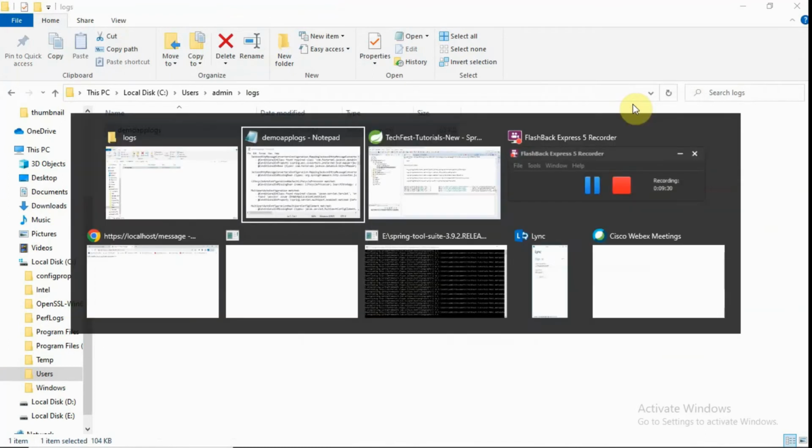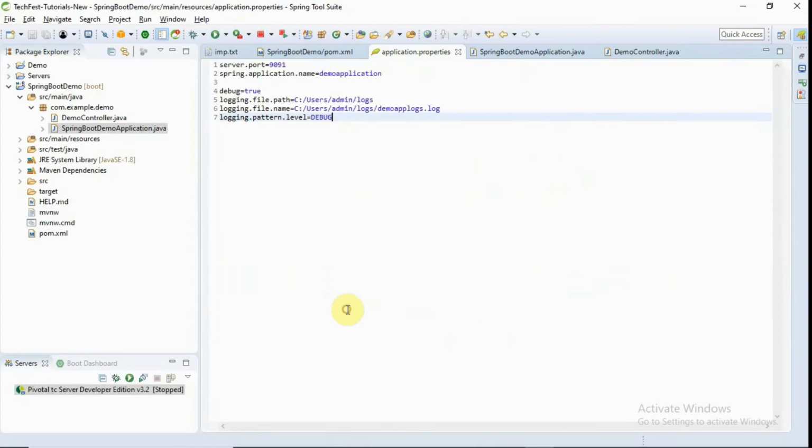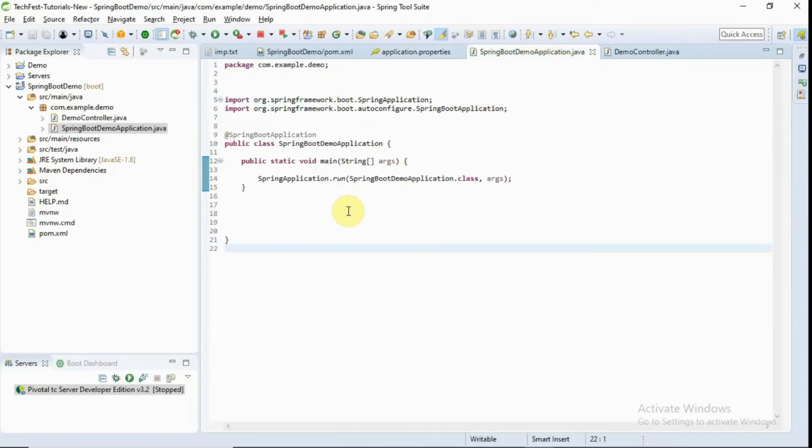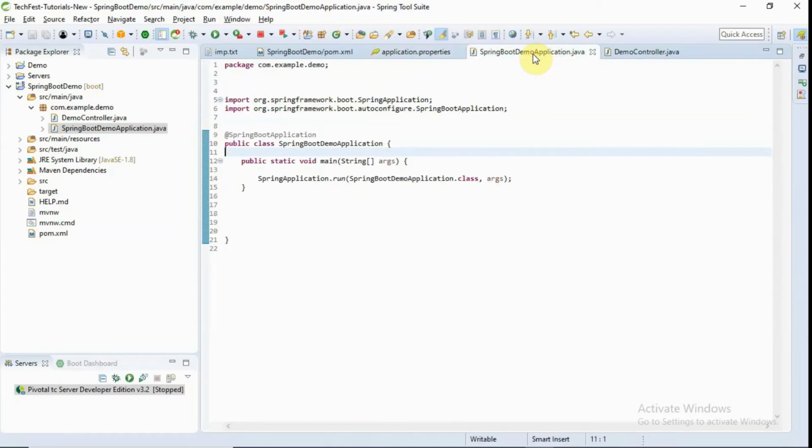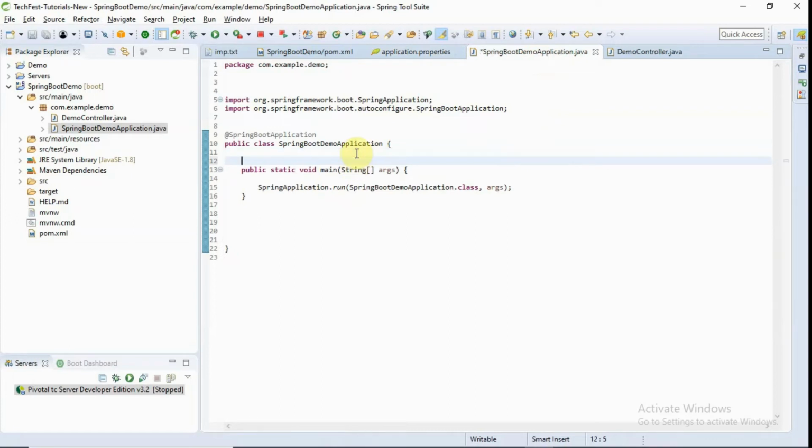Okay, now if I go here and try to print something, let's see whether it comes or not. Most probably we need to define a few more properties to get the log printed. These are the default logs which will be printed into a file. So let's just try to